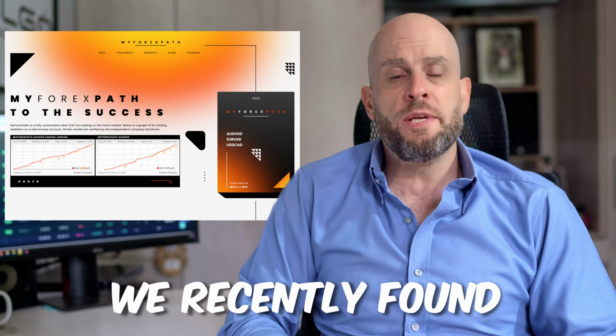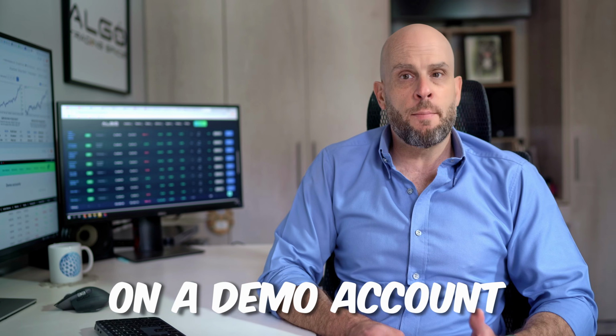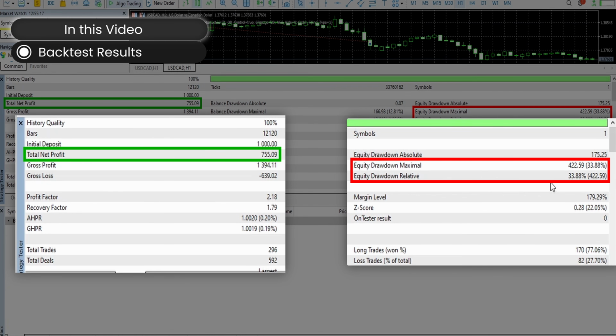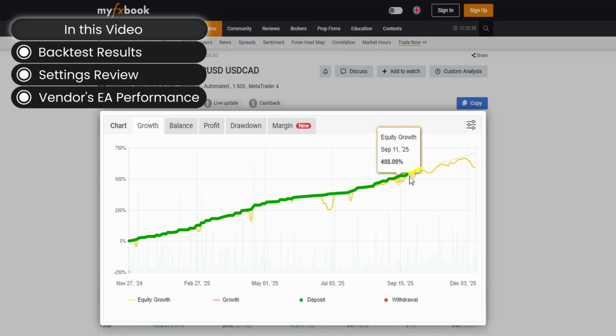MyForexPATH is a new EA we recently found, and it's trading on 3 currency pairs. We've just started testing it on a demo account, and in this video we'll go through the backtest results, review the settings, look at the vendor's live and backtest performance, and choose the best pair to place on a live